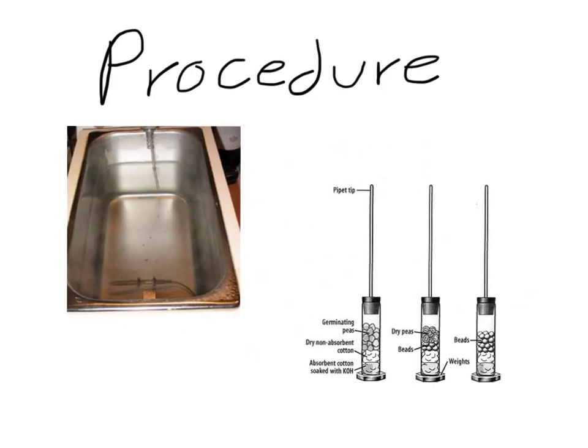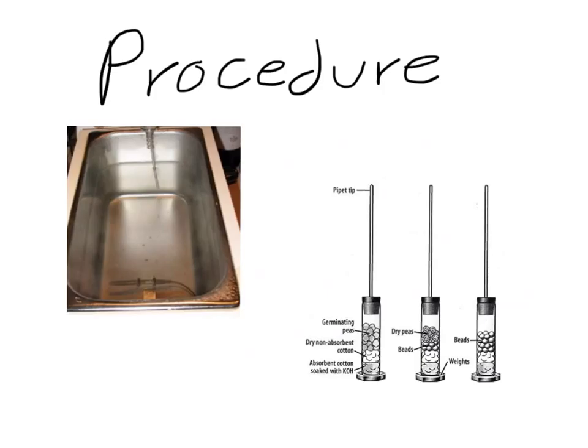In this part of the experiment, we started off with a water tray, and at the bottom of it we had a sheet of paper so that we could read the measure of the respirometers. In order to prepare the respirometers, we placed cotton balls at the bottom of each vial. As you can see in the diagram, there were 2 cotton balls that were used. One of them was soaked with potassium hydroxide solution, and the other one was used to prevent the contact of potassium hydroxide